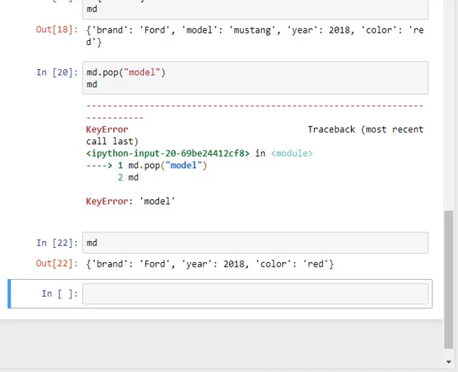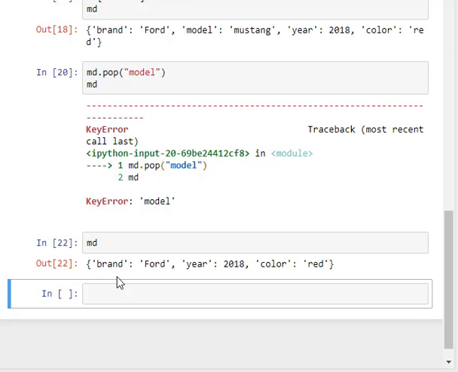Now, after the remove model, there are some other methods like deleting, copying, adding. See, all these methods are the same as a list, so I'm not explaining in detail again over here. Check out my video on list. There you can see all the other modules, or you can even check on the tuples so that you can get all the other modules into a regular practice.